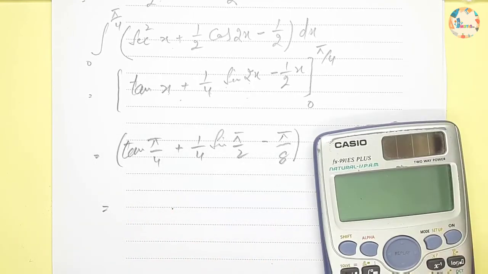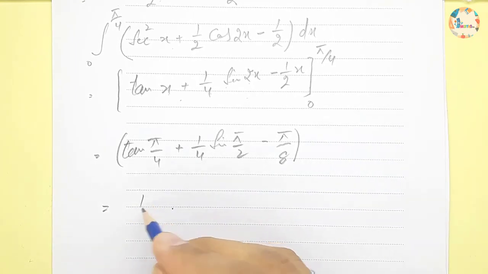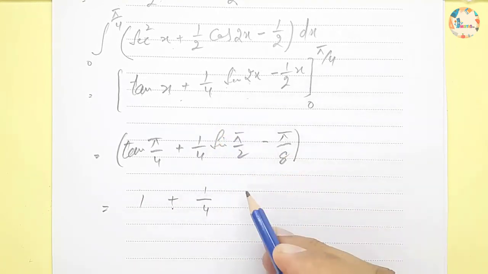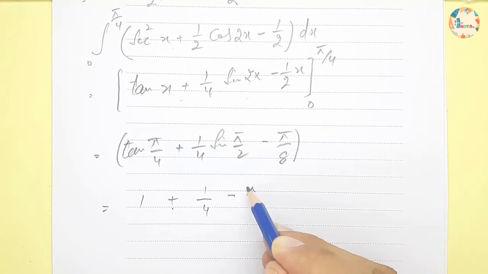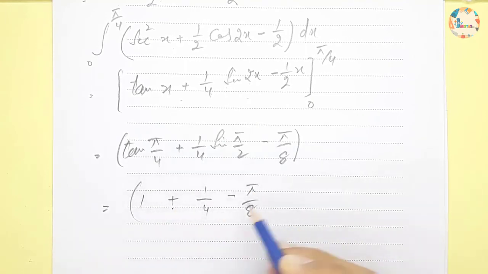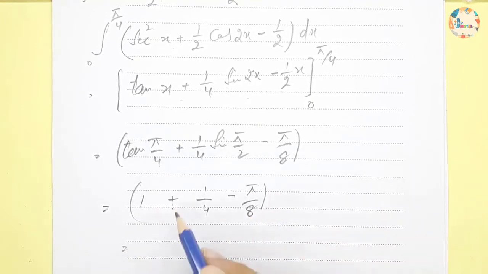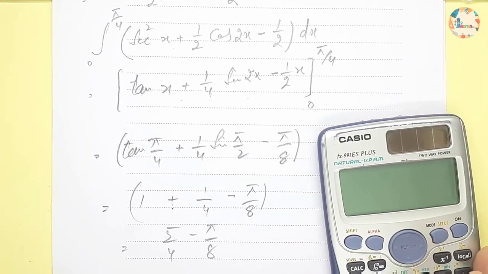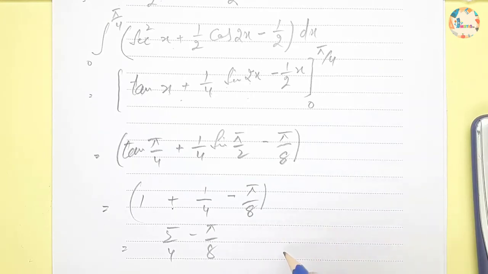So tan pi by 4 will be 1, and this one will be 1 by 4, because sine pi by 2 is also 1, and minus pi by 8. If we solve this with a calculator, this one will be 5 by 4, and this will be minus pi by 8. This can be the answer, or you can solve it with a calculator and you will get